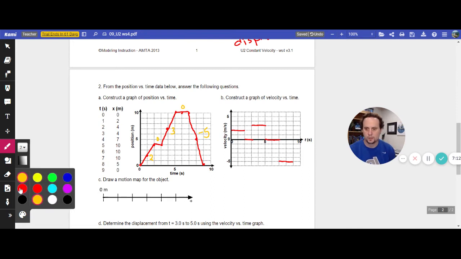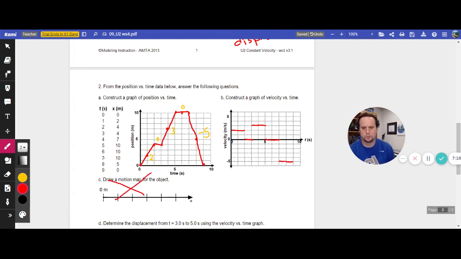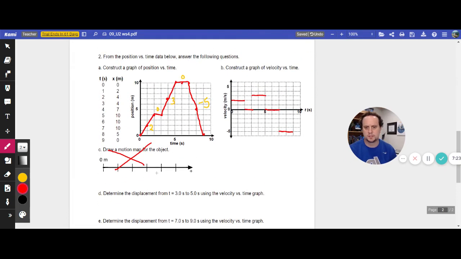But anyway, draw the motion map for the object. All right, I'm actually going to cross this out. I'm not going to do this. I'm not too concerned with motion maps at this point. Let's focus on these two graphs. Determining this displacement from 3 to 5 seconds using the velocity time graph. This is where we look at the